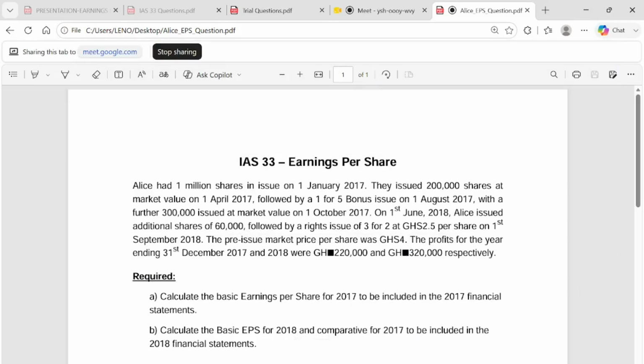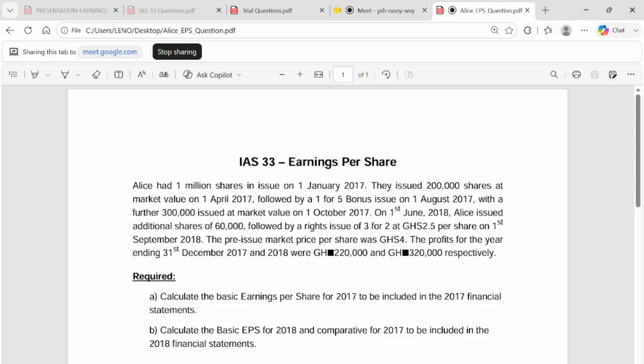All right, so let's look at a practical example, basic earnings per share. So Alice had 1 million shares in issue on 1st January 2017. They issued 200,000 shares at market value on 1st April 2017, followed by a 1 for 5 bonus issue on 1st August 2017, with a further 300,000 issued at market value on 1st October